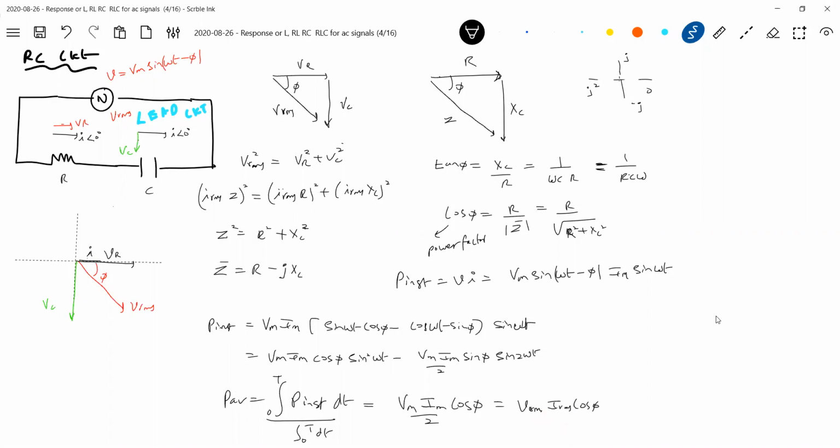Again, here also we get two powers, reactive power, and even the same power triangle. We can similarly draw it here. There's a resistive power, there's a reactive power, and this is the apparent power, or power supplied by the source. So we get three triangles: voltage triangle, impedance triangle, and power triangle. And again, the relationship will be PS square equal to PR square plus PX square. Vector sum of powers, vector sum of impedances, vector sum of the voltages.